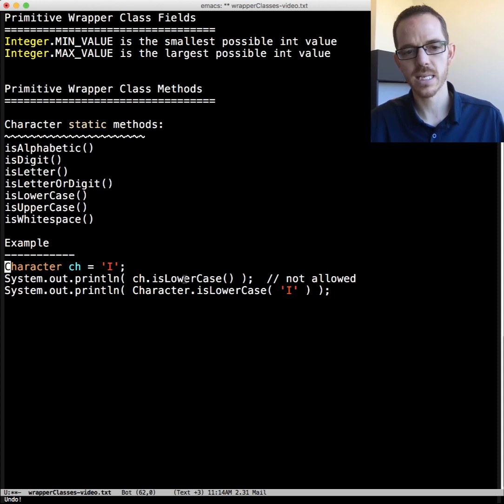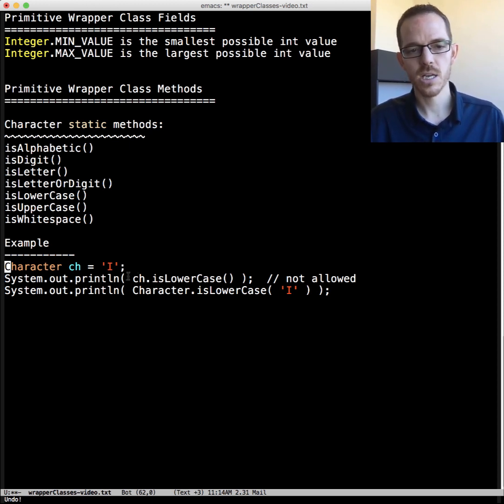That would be calling it as an instance method, so this is not allowed, it won't compile. Instead we would use the name of the class, because it's a static method, with the member operator, isLowerCase, and then we would pass the char to it, and this would return false, and it'd display false here.